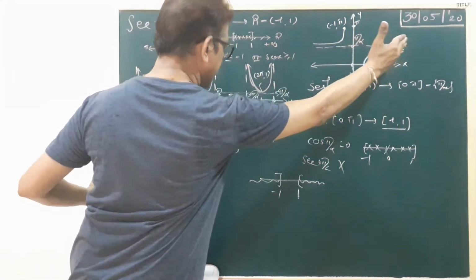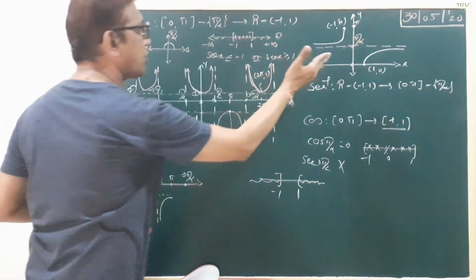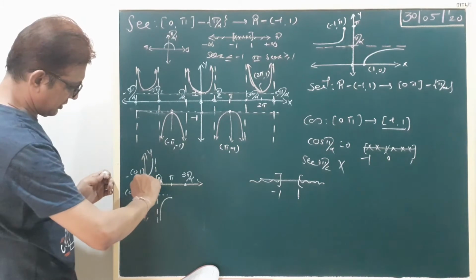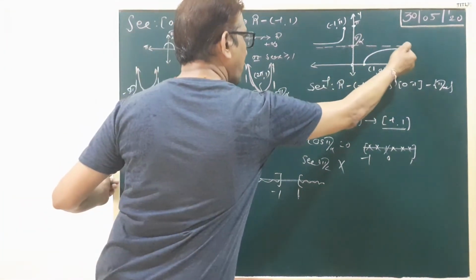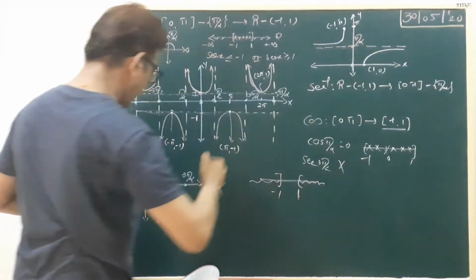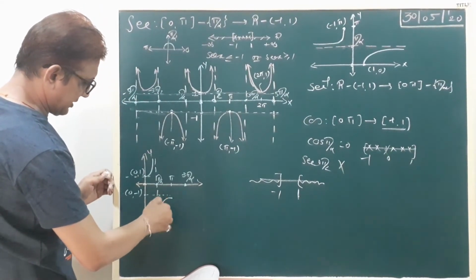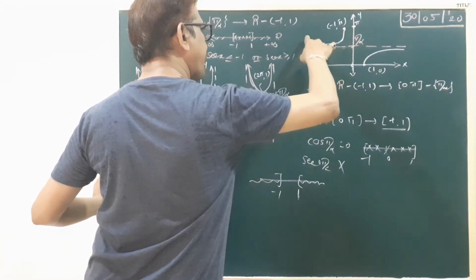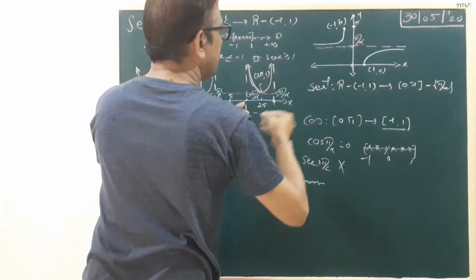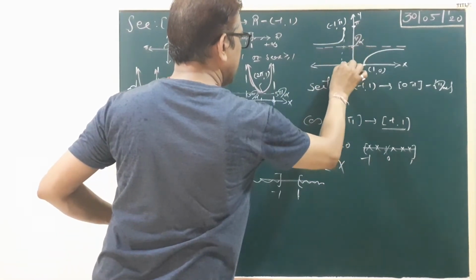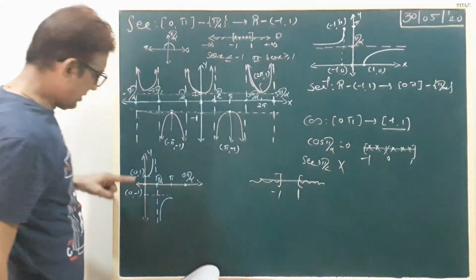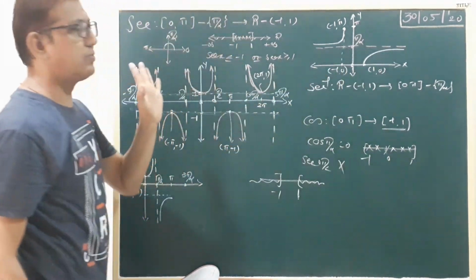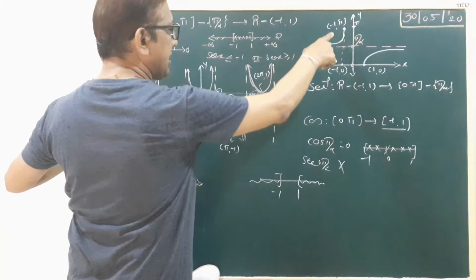So we draw the positive x-axis. And this portion is the negative y-axis, so we draw the negative x-axis portion. Clear? This portion is 0 to 1, so here 1, 0. And this portion is 0 to minus 1, so here minus 1, pi. This point is minus 1, 0. Okay? So here 1, 0 and minus 1, 0. Is that clear? This is your sec inverse graph.